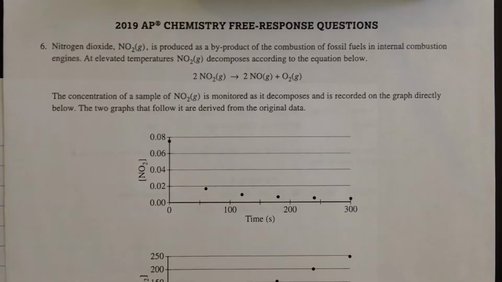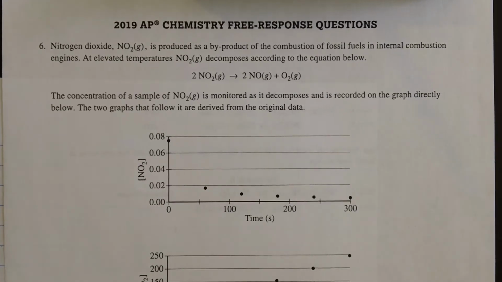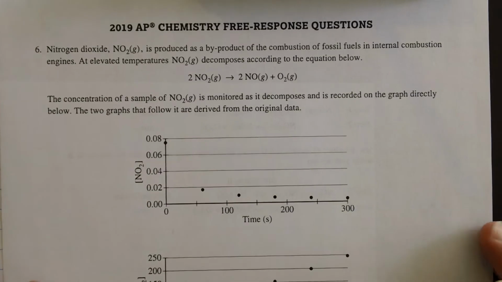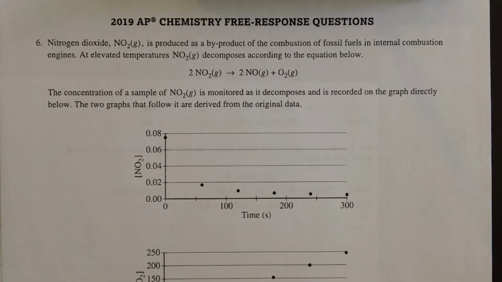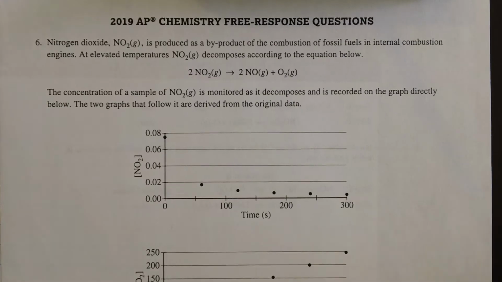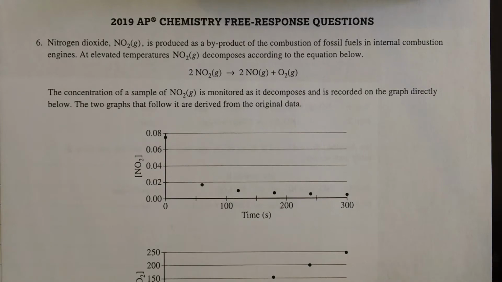All right, this is 2019, number 6. National average, 1.3, which is not good, although I'll try to tell you where I think kids went wrong. The first 2 points are easy points, and so we're gonna make sure we get those, and then the backside